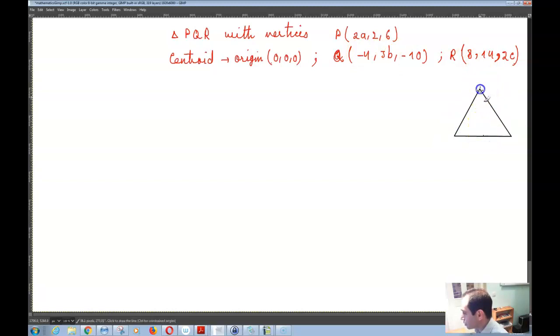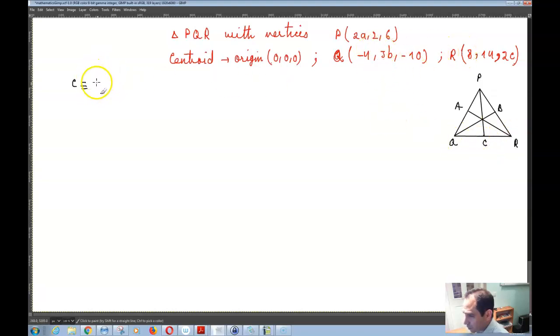So let's say that your triangle is something like this. I call it P, for example, Q and R. The midpoints I call A, B, and C. And so C, which is the midpoint of Q and R,